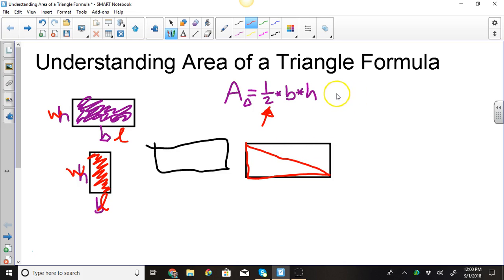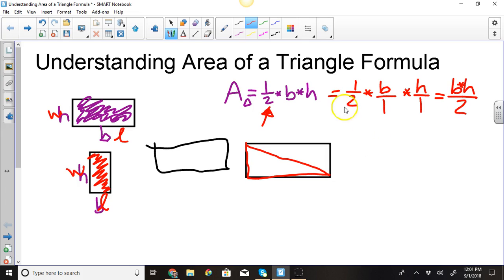So simplifying the formula a little bit, we have a fraction here, and to multiply fractions, it's nice if we turn everything into a fraction. So the base will become b over 1, because you already know to turn every whole number into a fraction, you put it over 1. And then we have h over 1. And now to multiply fractions, you multiply numerators times numerators and denominators times denominators. So 1 times b times h is b times h. And 2 times 1